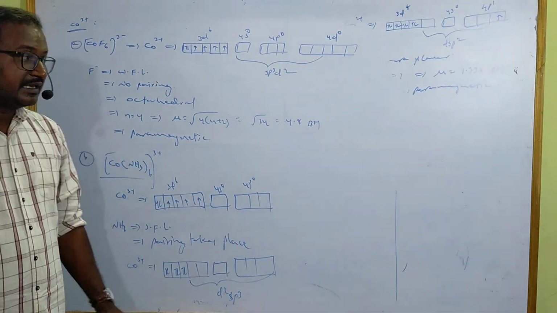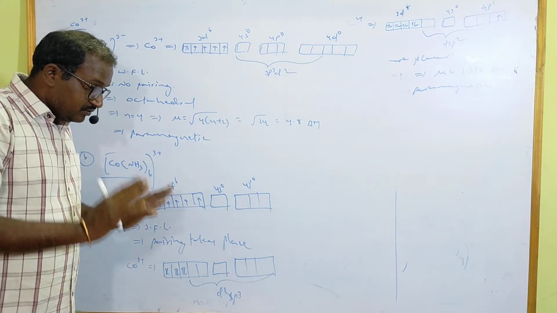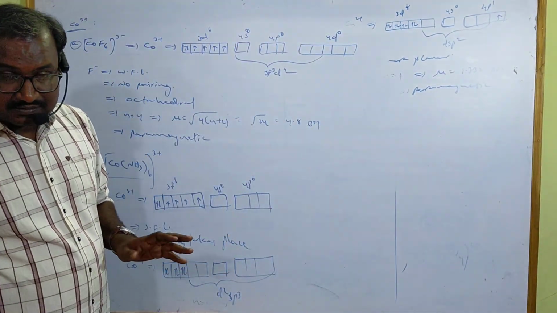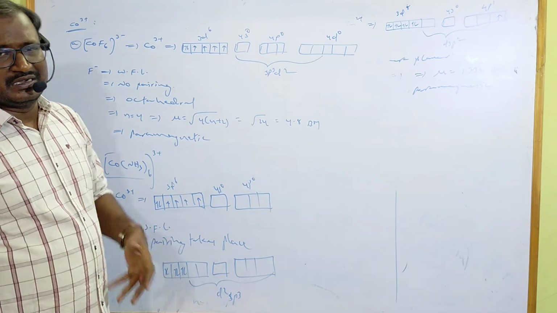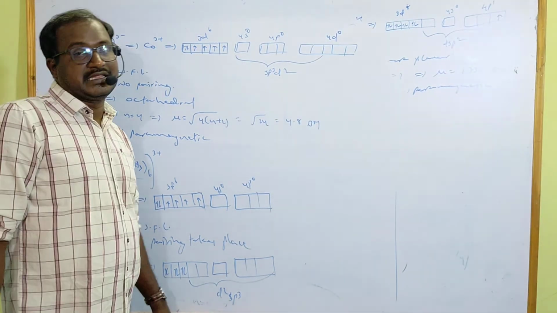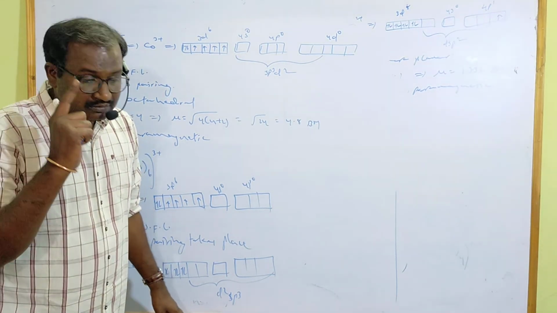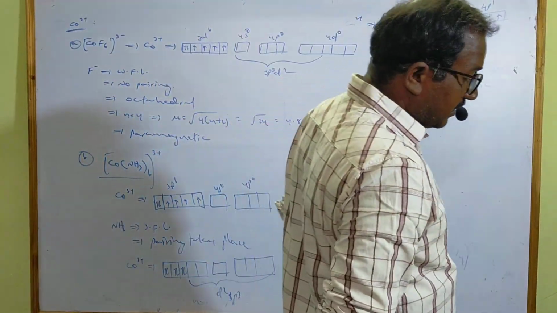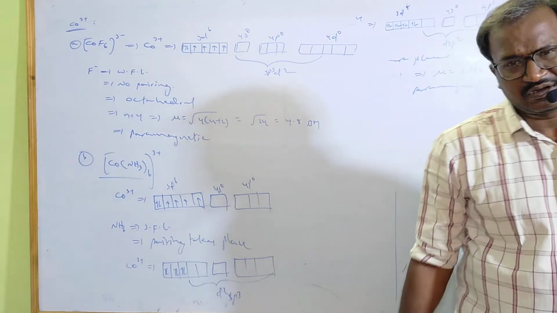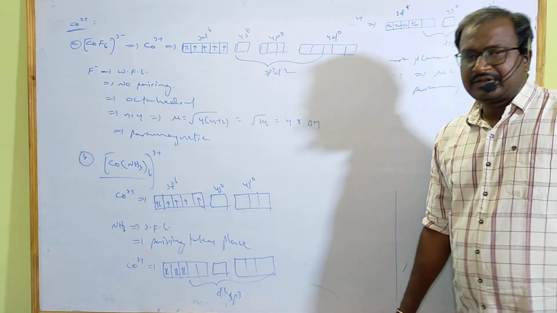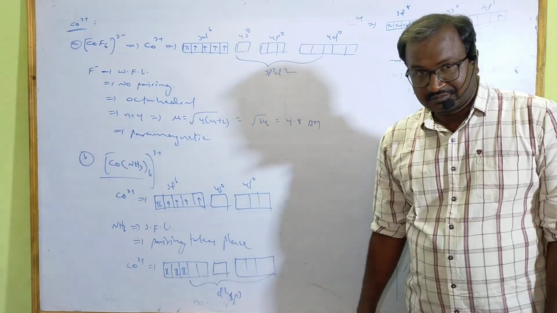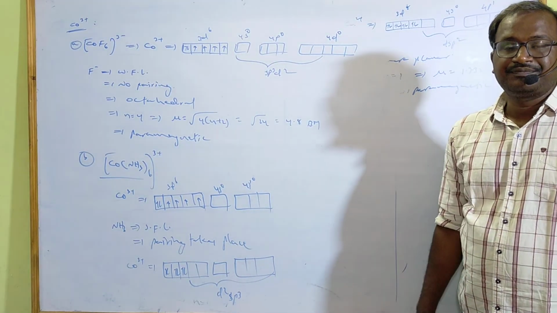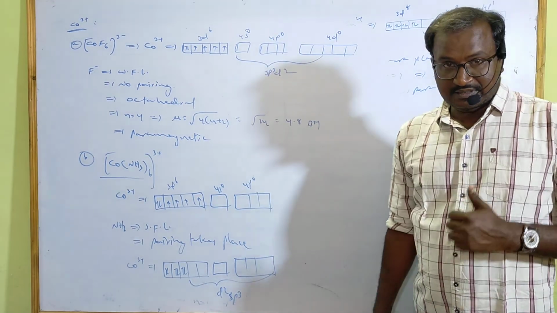Once again I am saying, whatever the examples I wrote here, just use them as a reference and take another, different example, and practice with that. Then automatically you will get complete information about valence bond theory, otherwise you can't get the subject. Not only here, anywhere, whatever the examples the teacher is using, my best advice to the students, use different examples. Okay, I hope you will understand this concept. Thank you.